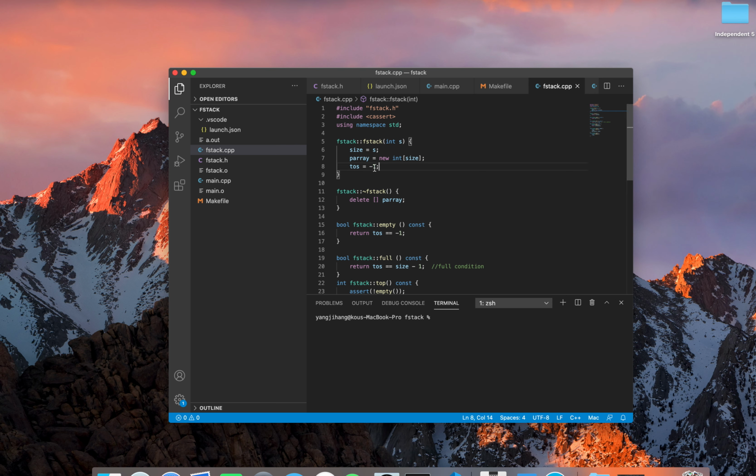The first one, my constructor, sets the constructor values, right? The size, integer size, I talked about that before. And size equal to s, and the p array equal to new integer size. P array is the new array, equal to new integer size. And the top equal to -1. Why is it -1? Because of